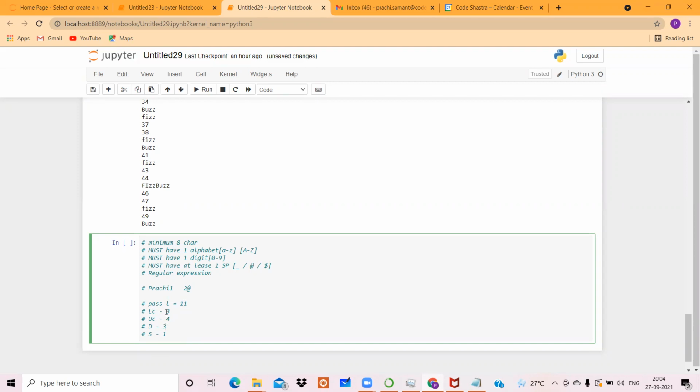Okay, अगर ये सारी चीजें फॉलो हो रही हैं, that means it is 3, it is 4, this is 3 and this is 1. But if your password consists of 1 or 2 spaces, तो इसका जो length है वो 13 हो जाएगा. Suppose it is containing all these things but 2 spaces, 2 spaces है वहां पे, so इसका total length 13 हो जाएगा. As total length is equal to 13, yes, first condition satisfy हुआ minimum 8 characters वाला, and बाकी के सारे conditions भी satisfy हो रहे हैं.